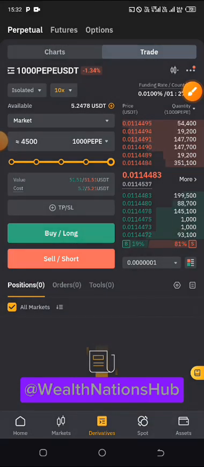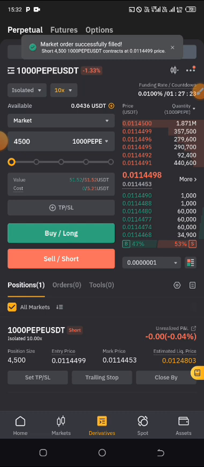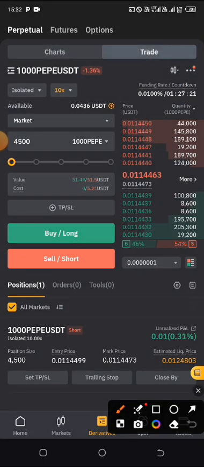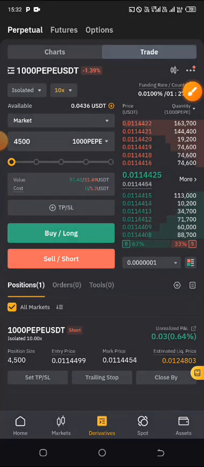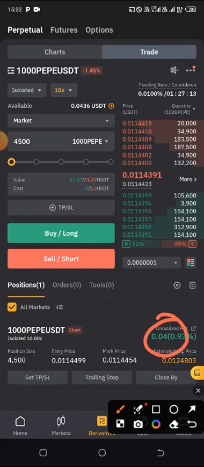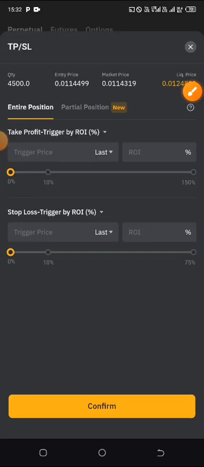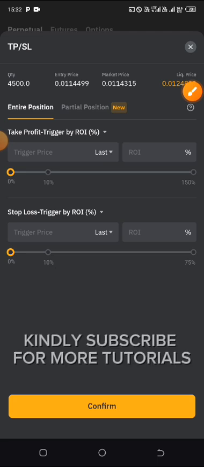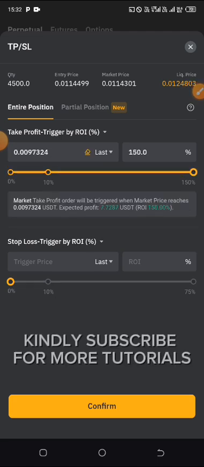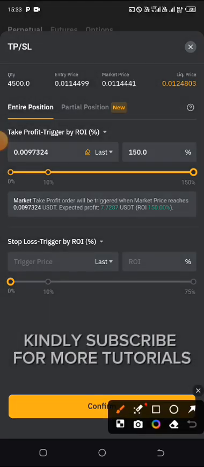Please watch this video to the end, because I will also explain TP and SL, take profit and stop loss. Now you click on sell. Now I've entered the market, which is on short. You can see here right away I am already on a little profit, but nevertheless I'm going to set the stop loss, because the stop loss must be set. Now you can see I click on it there. Now on the take profit, I'm going to drag it to the end, and you can see when the market is 150%,